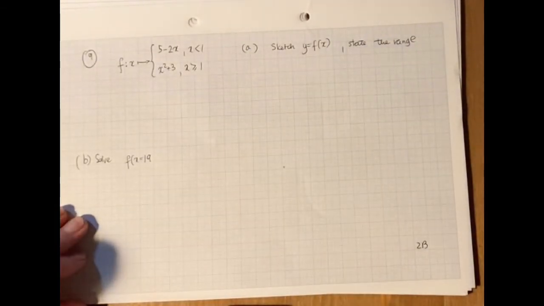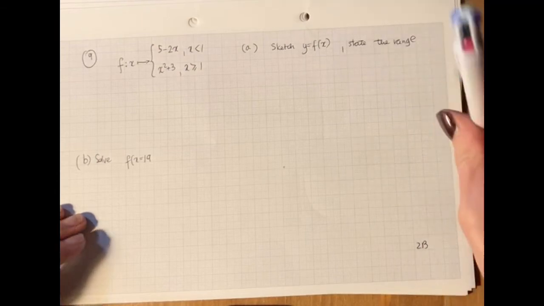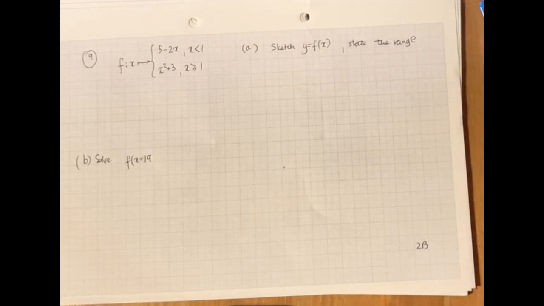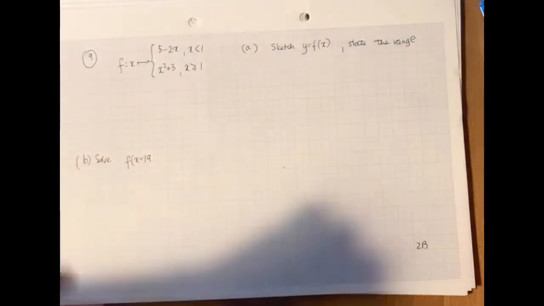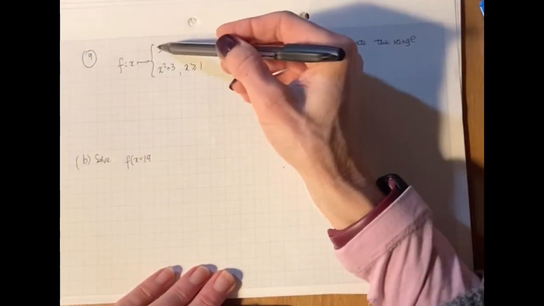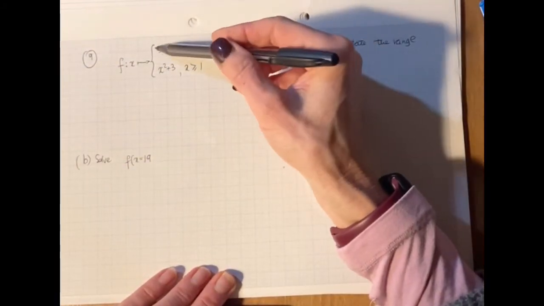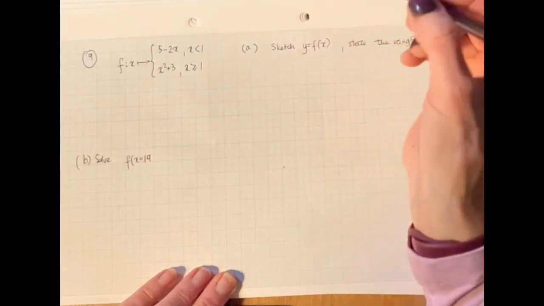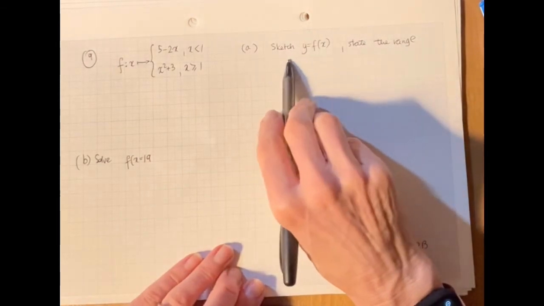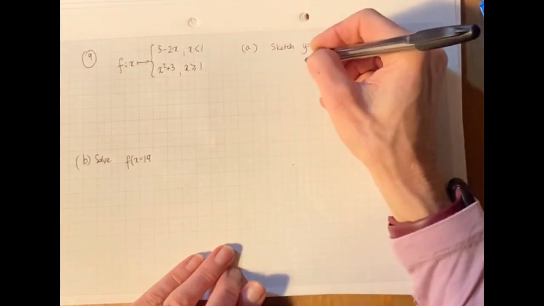Okay, so one more example before exercise 2b. So in this case, you've got a function f of x defined by two different parts. Okay, so this is called a piecewise function, where you have part of it as a straight line and part of it as a quadratic function. So first thing is we are asked to sketch this function. So if we sketch it,